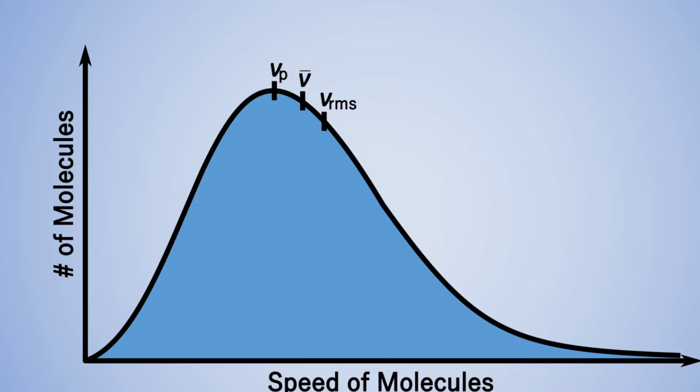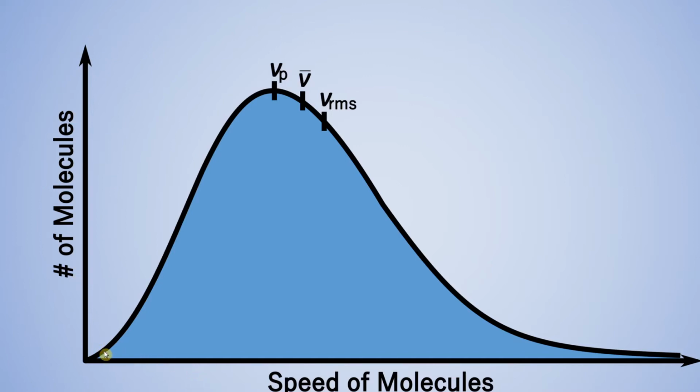However, in a real system, there would be billions of these particles bouncing and moving, all at different speeds. Even if your container is at the same temperature, it doesn't matter. The molecules within that container are going to be moving at all different speeds. Now, this can be hard to grasp at times, but it can be graphed the way we're looking at here, by looking at the speed of the molecules and then the number of molecules that are at each of those speeds.